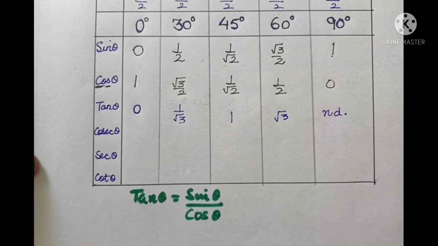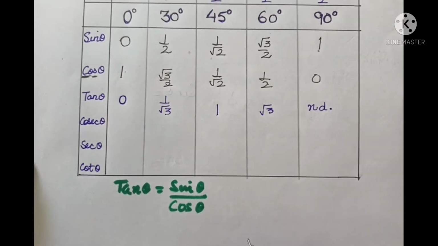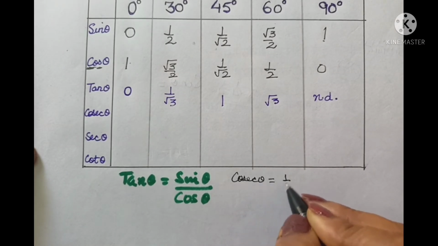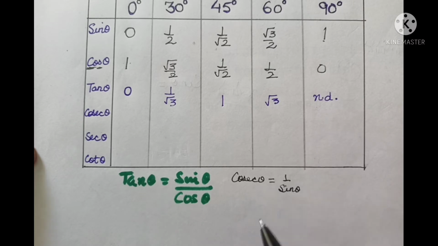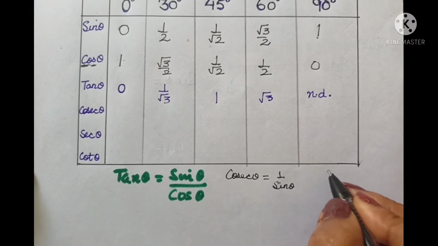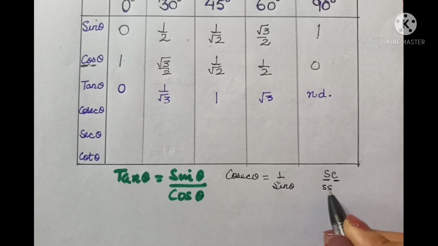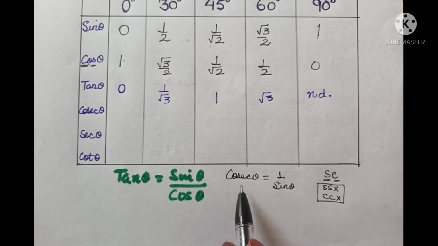Let's come to cosec theta. You know that the formula for cosecant theta is reciprocal of sine theta. We have done in a previous video that there is going to be a combination of S and C. So where S has come, C will come. Not SS and CC will not combine. So do not get confused whether cosecant's reciprocal will be cos or sine. So cosecant is reciprocal of sine theta.